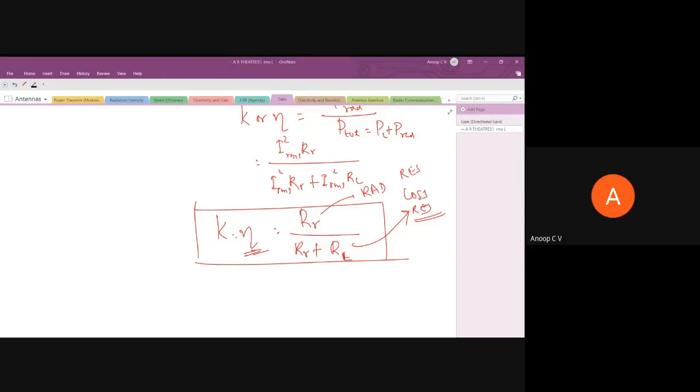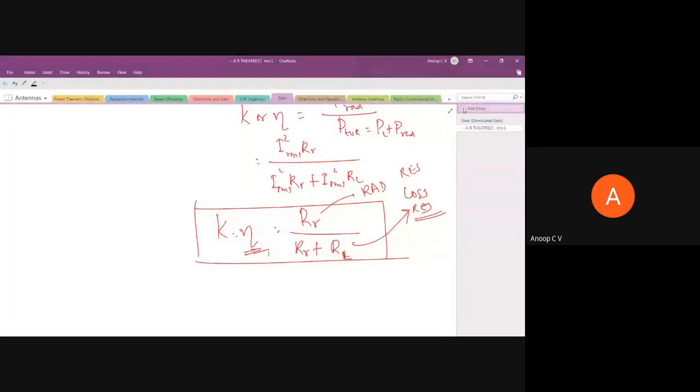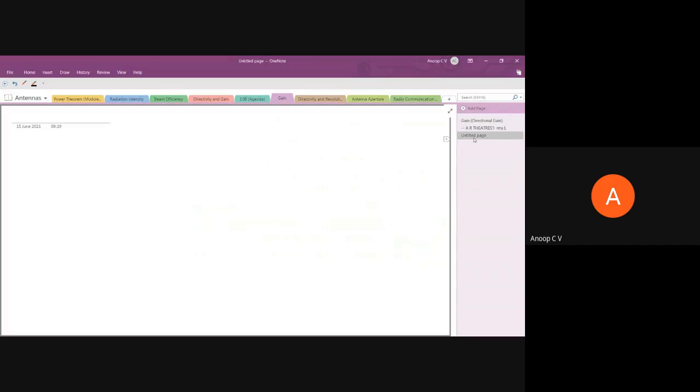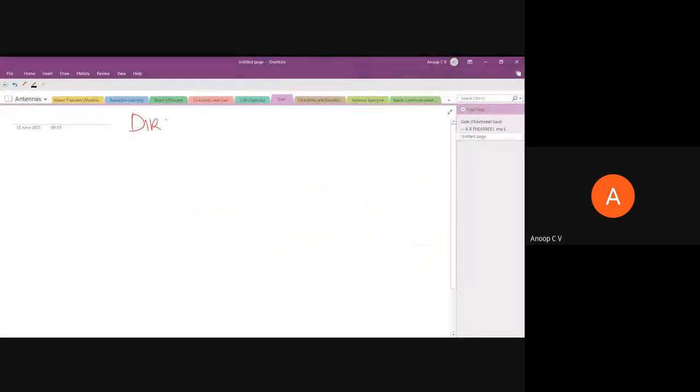I just wanted to ask because I'll be taking up 2, 3, 4, 5 different concepts today, so I want you to be clear with this so that I can move to the next slide. That is about gain and efficiency of antenna. Next, I'll be discussing directivity and resolution, and how the directivity of an antenna is related to